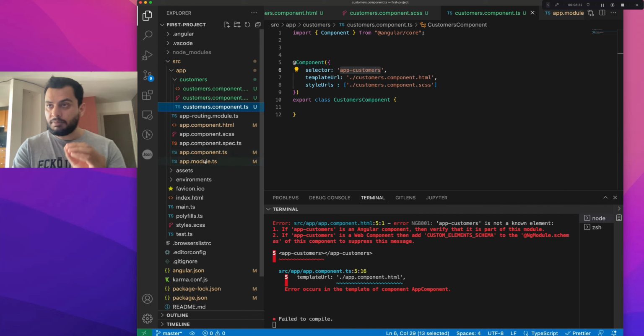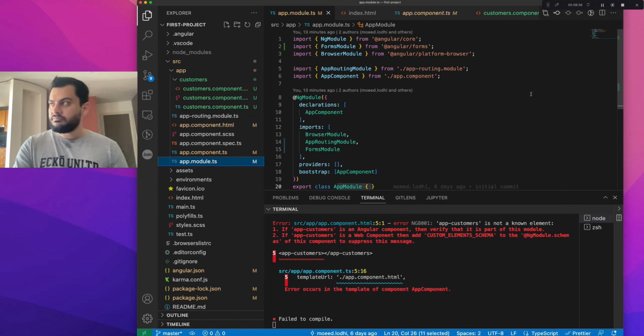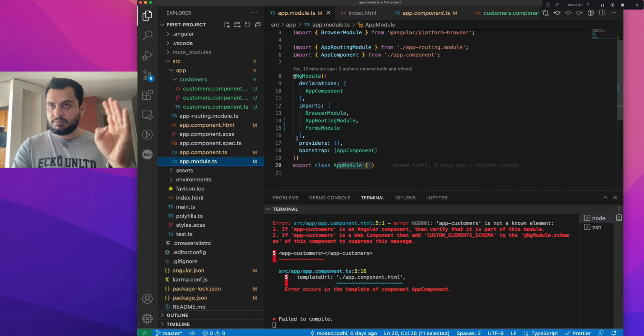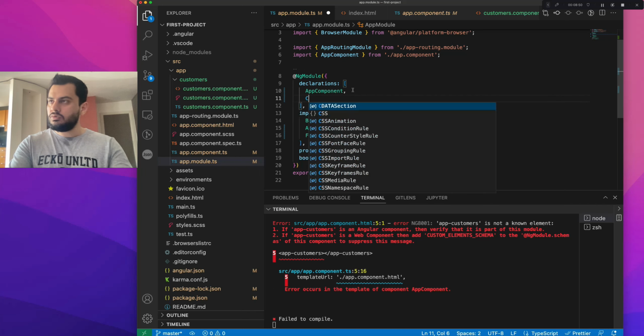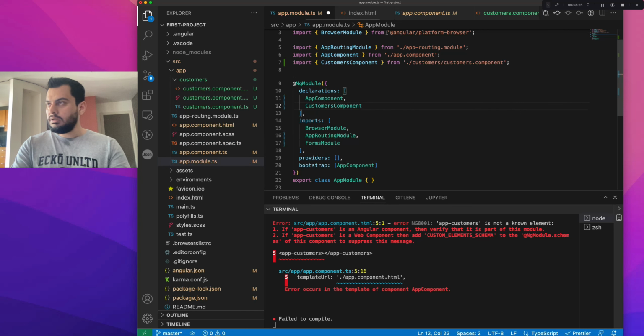Inside of the parent component's app.module.ts, which I went over briefly. We have these four terms over here: declarations, imports, providers, bootstrap. I did mention in the previous videos that declarations are used to declare all child components inside of that parent component. So if I were to do CustomersComponent, and I can see this thanks to VS Code autocomplete,